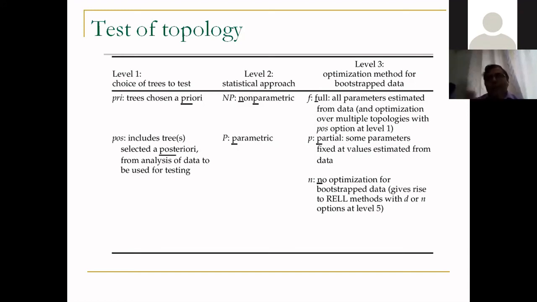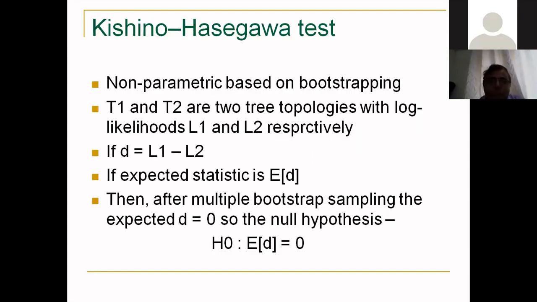So the way you can do this is to create a topology where you put that organism deliberately into the other group and then find out the log likelihood of that tree, and then you find out the log likelihood of the original tree, and then you compare the log likelihoods of the different trees and find out which tree actually makes more sense. So given the data, which tree makes more sense. There are multiple such statistical tests.